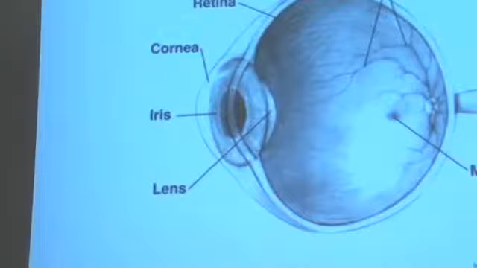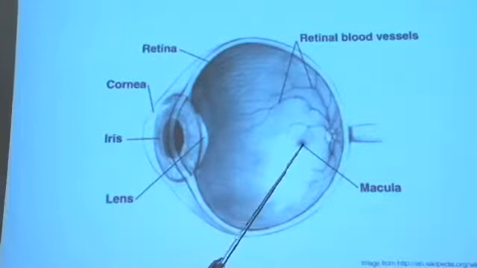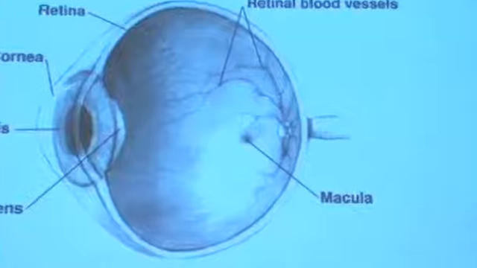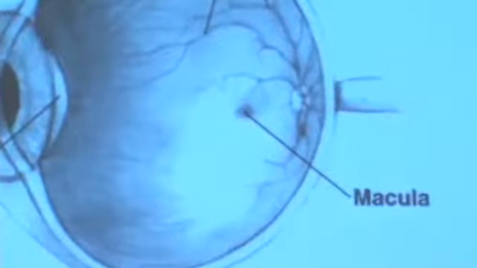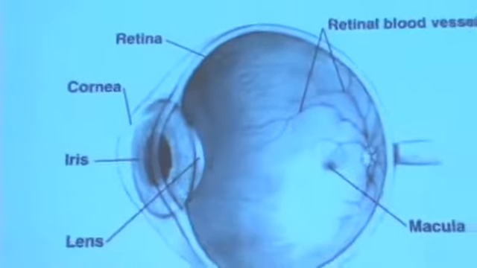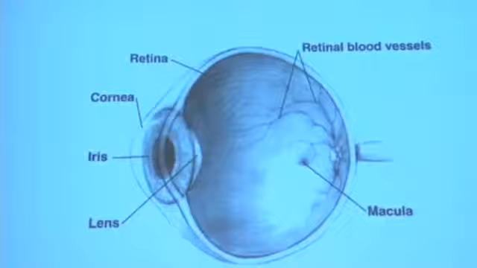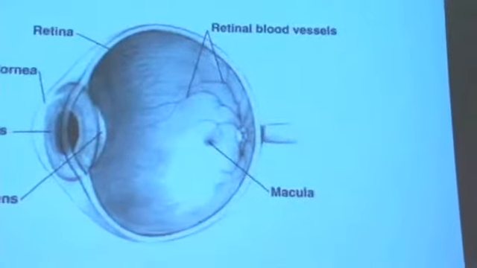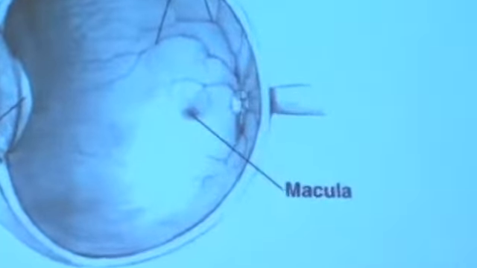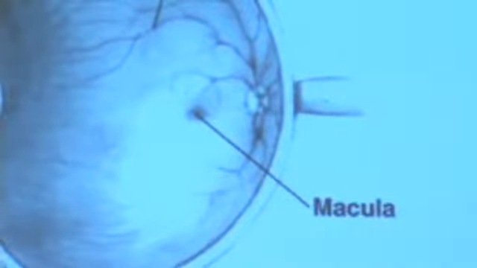Just as our camera would focus light into the camera's sensor through the lens, we also have a lens in our eye that focuses light onto the back of the eye. And the really important bit, and what provides us with a lot of our perception of detail, is this small center called the macula. And within the macula we have the fovea, and there's a whole bunch of cells in there that provide us with a lot of the detailed view that we can actually